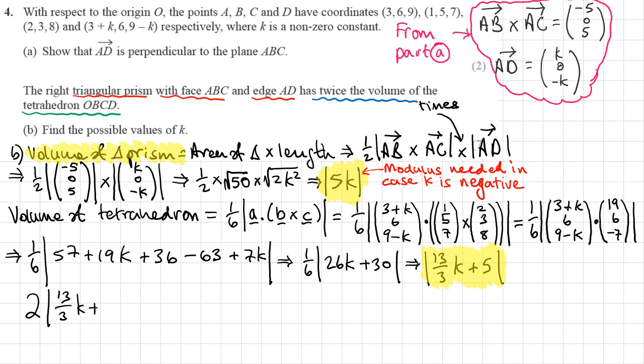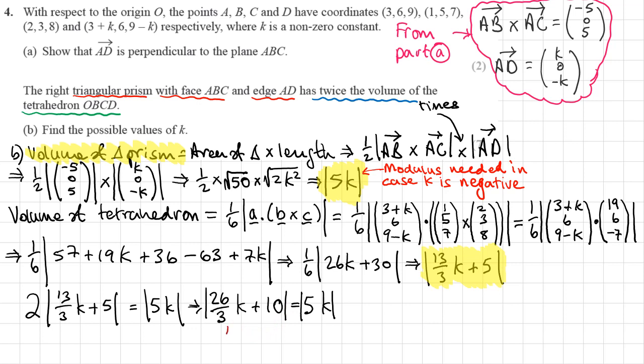and that will be equal to the volume of the prism. So if I times everything inside the modulus by 2, I'll get 26 over 3K plus 10 is equal to the modulus of 5K. Now whenever we've got a modulus equation and we want to solve it, I need to